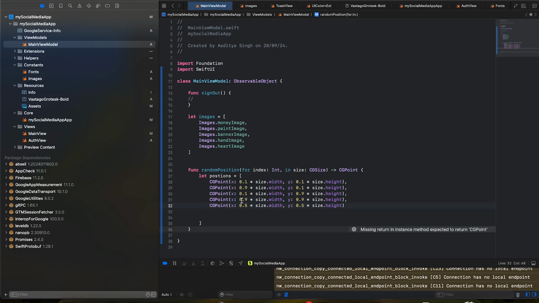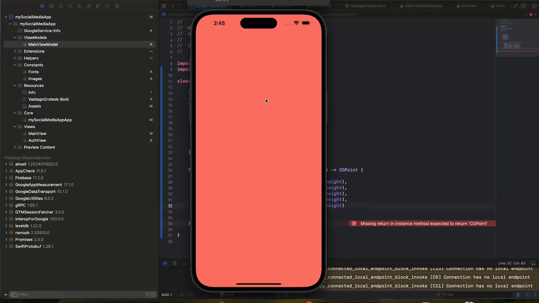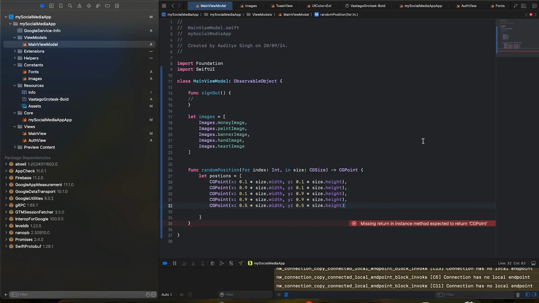So these essentially mark different points inside our view of the app. One point must be somewhere here, then 0.9 and 0.1 here, and the middle of the screen as well, because of 0.5, 0.5, and this is how all the positions are being created. So now we can just return